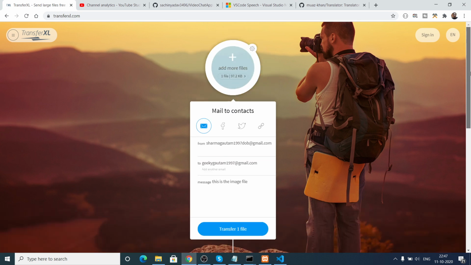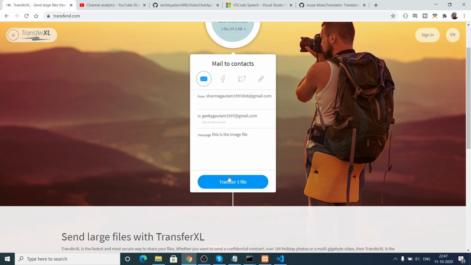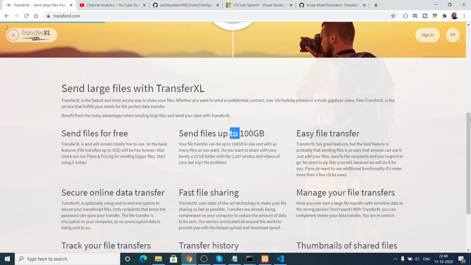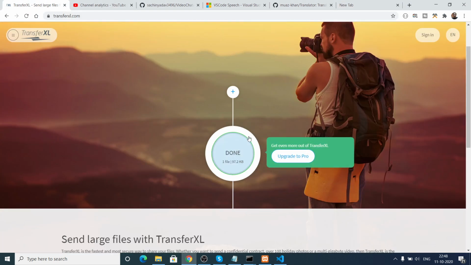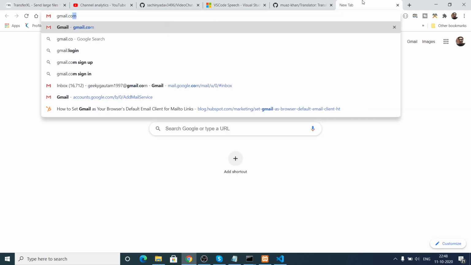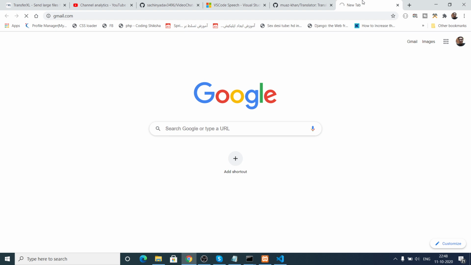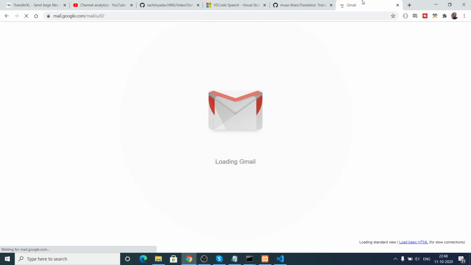You can see if I click the transfer file button, now it will say it is transferring it. So just wait. After transferring it, you can check your email address. If you open it, you will see a notification that it has successfully transferred it. So if I open my gmail.com website, I see here the file is successfully transferred,